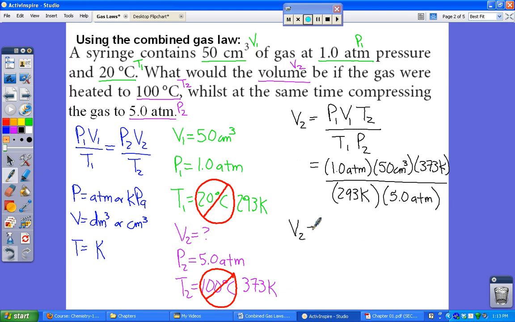V2 is equal to 1 times 50 times 373, divided by 293 times 5,